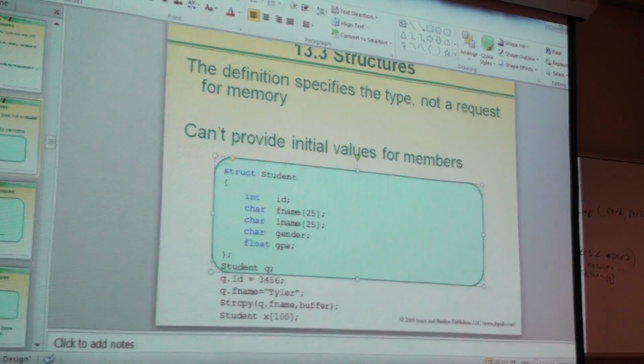Each one can hold an ID, an fname, an lname, a character gender, and a float GPA. Is that clear? So whatever I can do with a primitive data type, like integer, char, and so on, I can also do with a user-defined